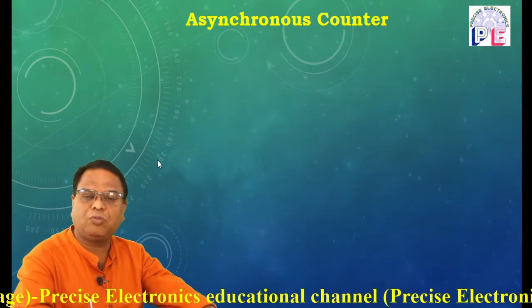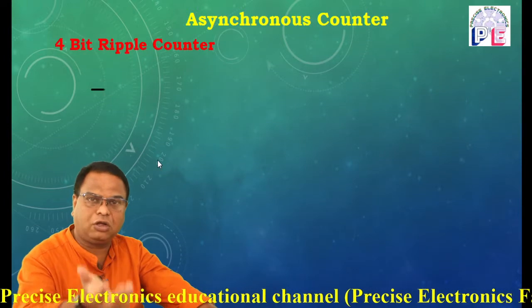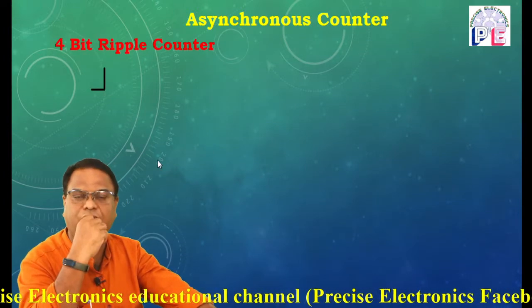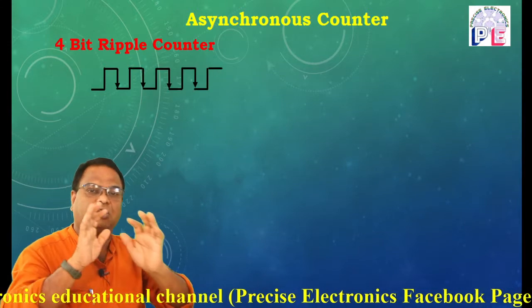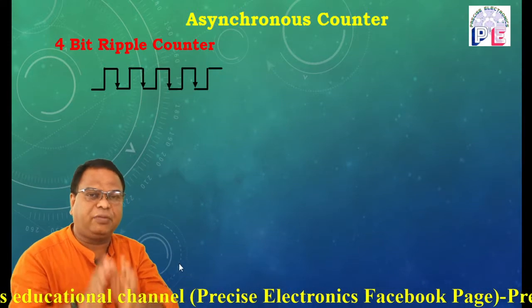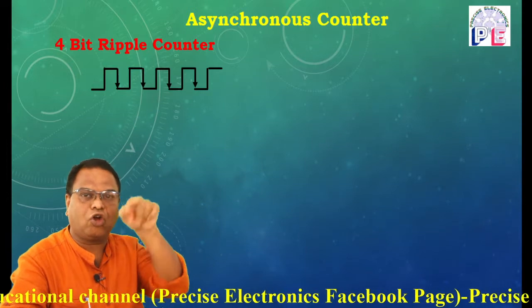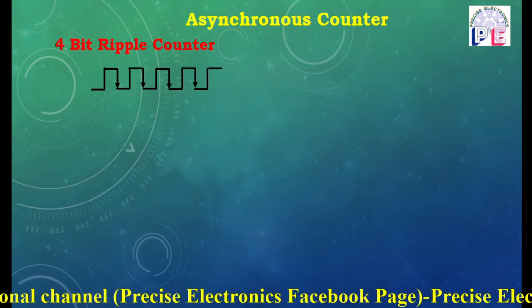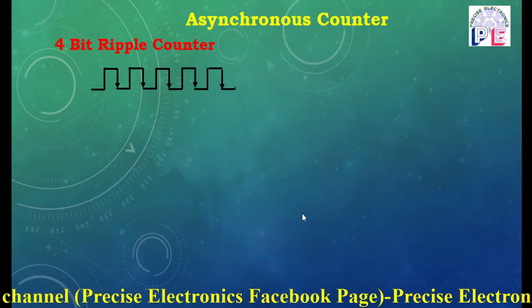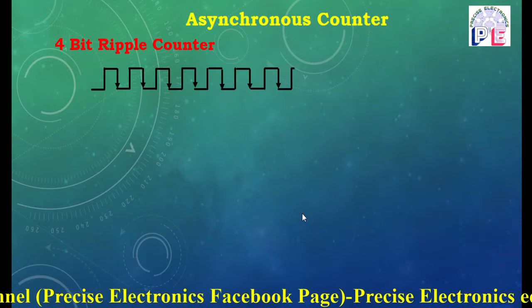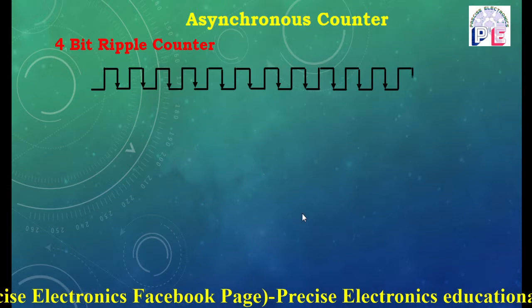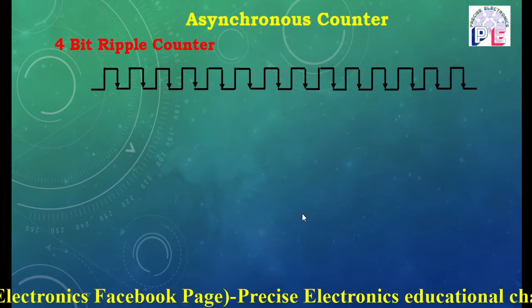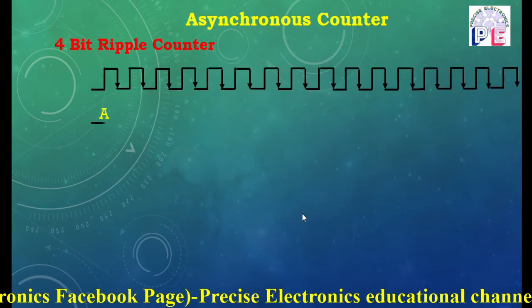Now the clock diagram of this counter, that is the 4-bit ripple counter, is going to display on your screen. First we will see properly how that clock moves. After that, we are going to study how this flip-flop progresses from 0, 0, 0, 0 to 1, 1, 1, 1. Just look at this wave, how this waveform moves, how it progresses.